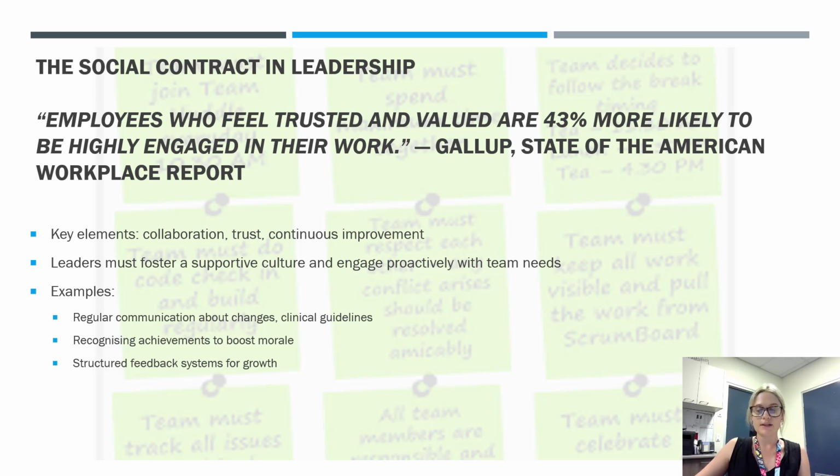For example, regular communication about organizational changes, new clinical guidelines, or complex cases fosters a sense of inclusion and ensures alignment across the team. Recognizing both individual and team achievements, whether celebrating a successful intervention or a milestone in professional development, boosts morale and encourages motivation. Moreover, creating structured feedback systems allows team members to understand their contributions clearly, promoting professional growth and enhancing our job satisfaction. And the application towards this in speech pathology